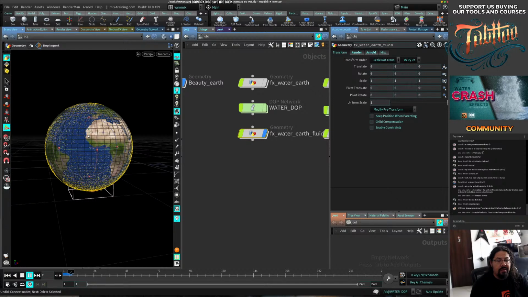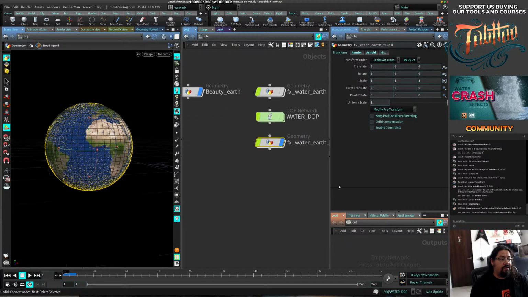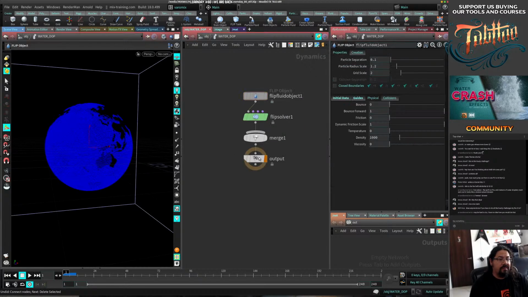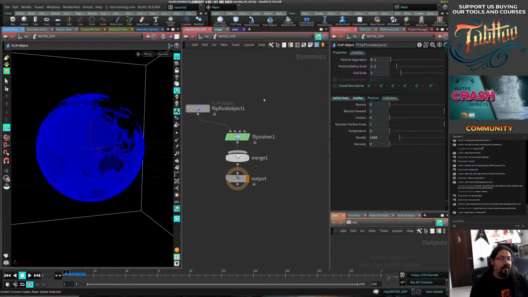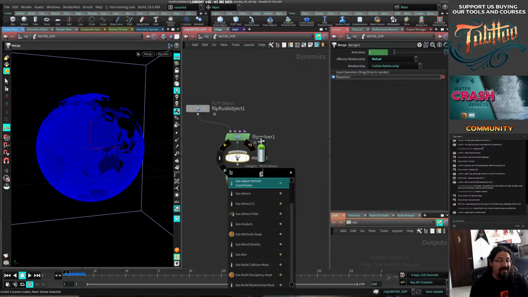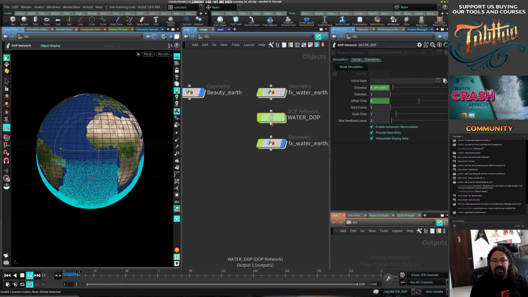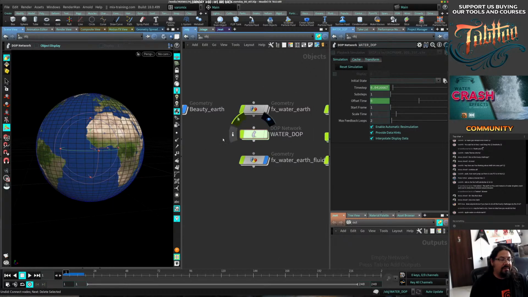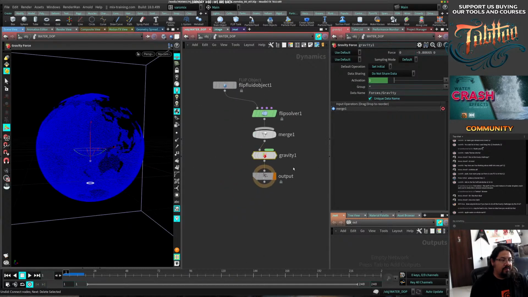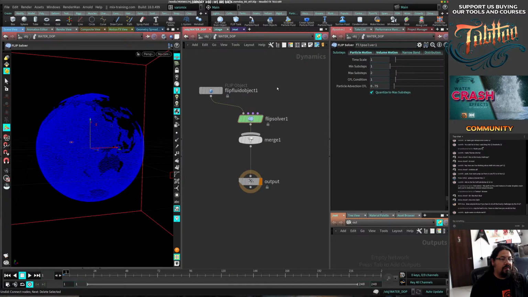And let me hide the fire for now. There's no gravity on it, which is exactly what I want. Now we can add some. What do we do with this? Should we just add water, gravity? I'm not sure if that's what I want to do. It's just falling like meh. Yeah, that's what I was maybe thinking, just adding some ripples. Let's just add. And I don't want to do that. I want to do